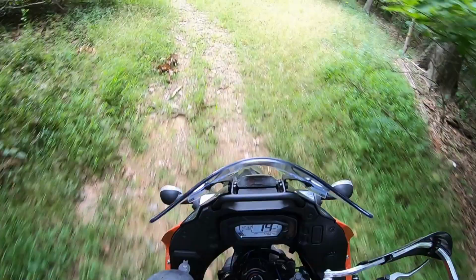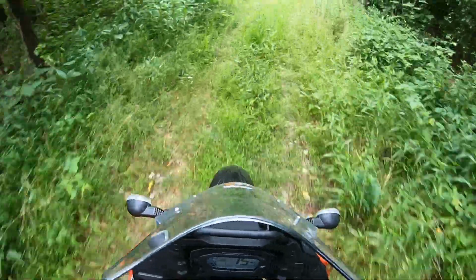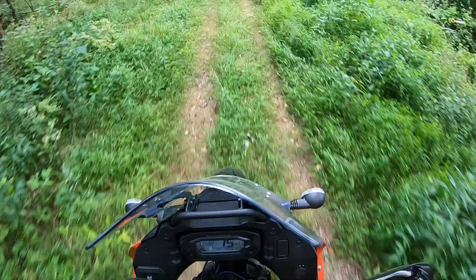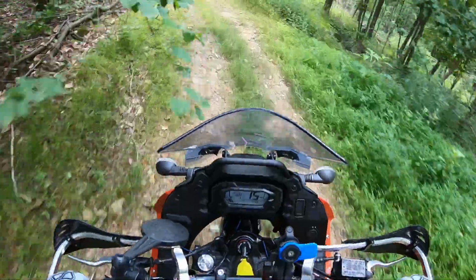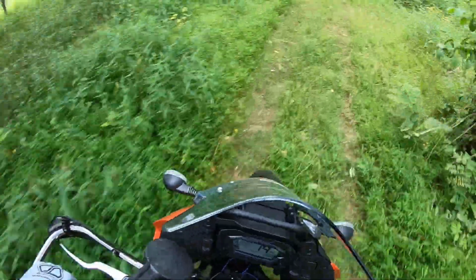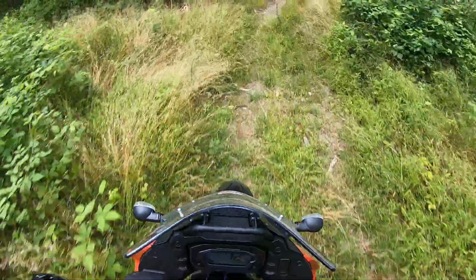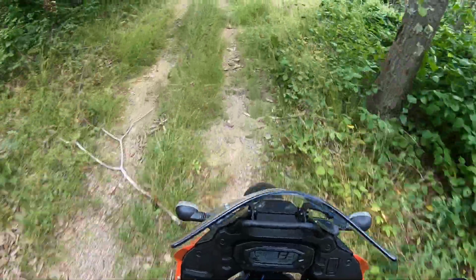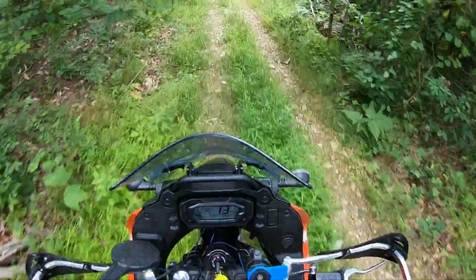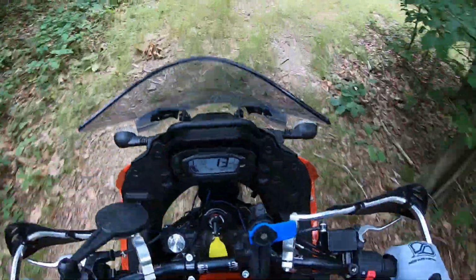Most bikes like the CRF 250Ls, XT 250s, when I owned them, I upgraded the suspension immediately as best I could at a fair price. And this, I don't think I will ever do anything to it, unless I would pack it down for a long adventure ride. I do have the Tusk panniers for it, and if I would possibly load those down, I may upgrade the rear spring. As far as that goes, there is a little bit of